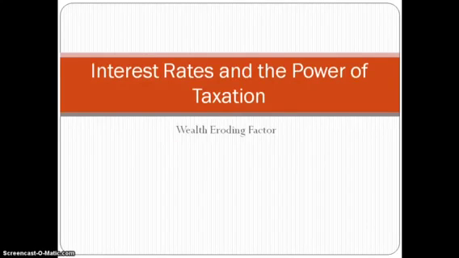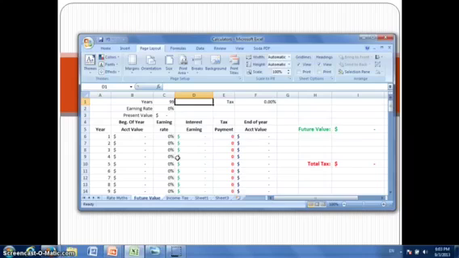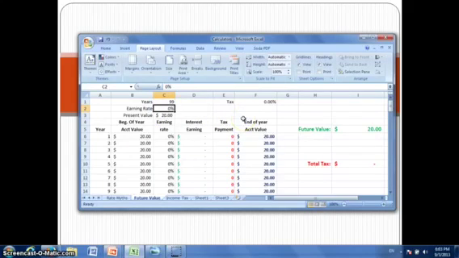This week I'm going to be talking about interest rates and the power of taxation. I'm going to jump right into my calculator. So what will happen if for 99 years we invest, let's say, $20 at 12%? That's a reasonable rate according to many financial gurus. So what happens is that we're going to end up with